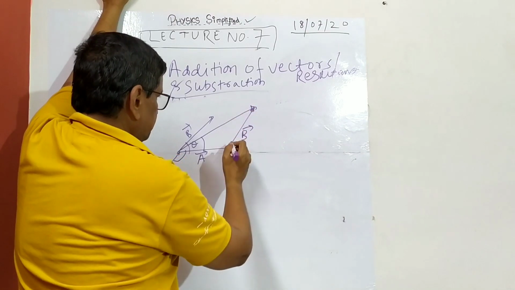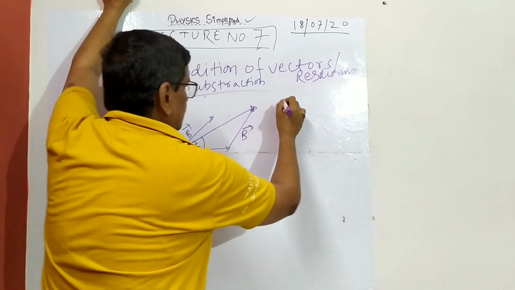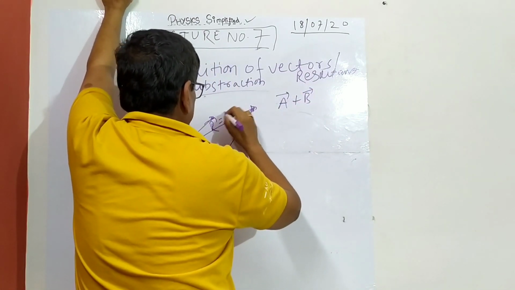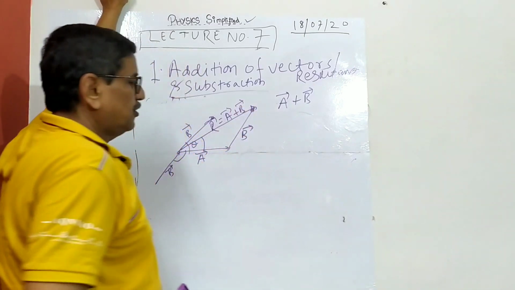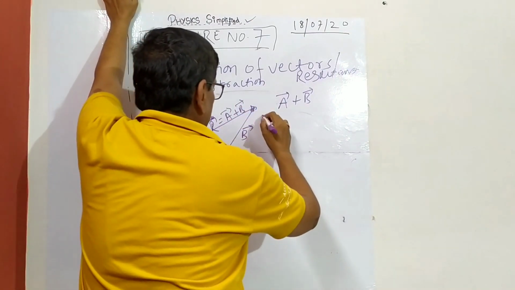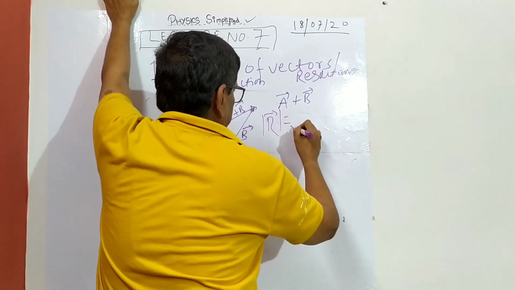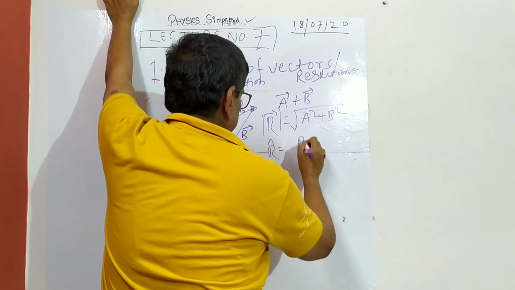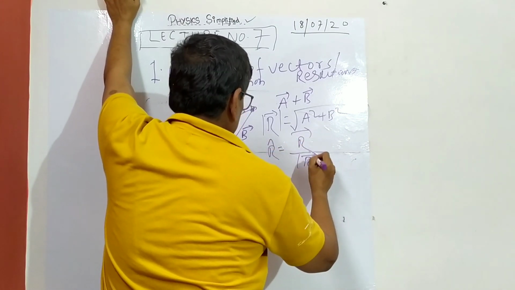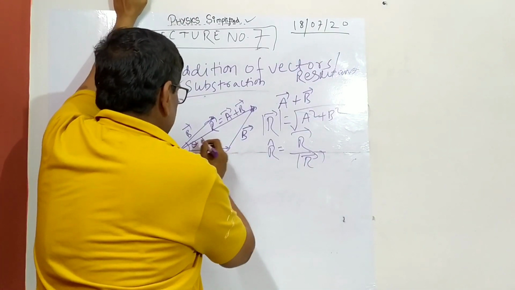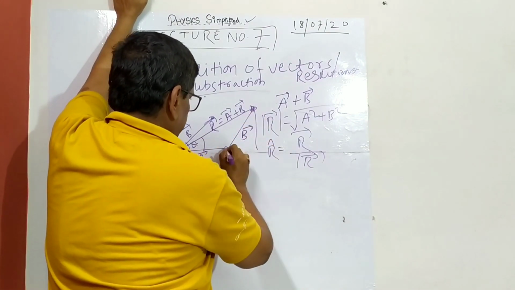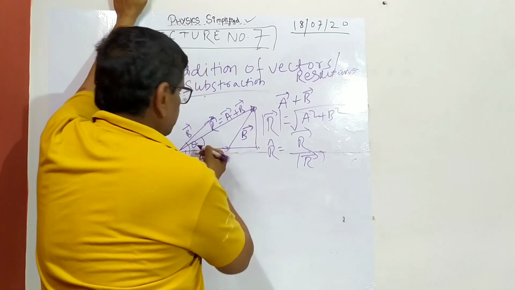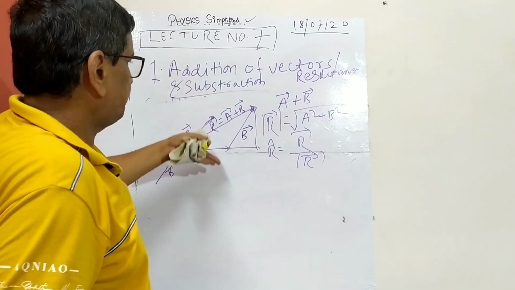For subtraction part, what we will do, this vector is B, and say this is A plus B. So this is the resultant of A plus B. Of course, we have already dealt with unit vector. So mod R will be square root of A square plus B square. This is mod R. And unit vector R will be R divided by mod R. So you can get both. And this angle, if you get the direction in your graph, this can be calculated. You drop this projection and then you can calculate from this to this tan alpha. So tan theta you can get. So this angle you can also measure or get from graph also.